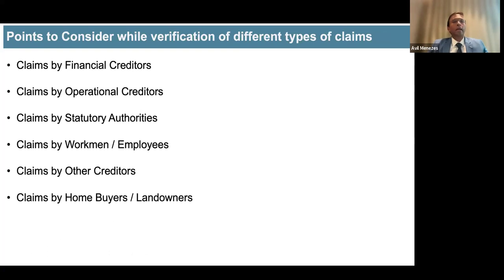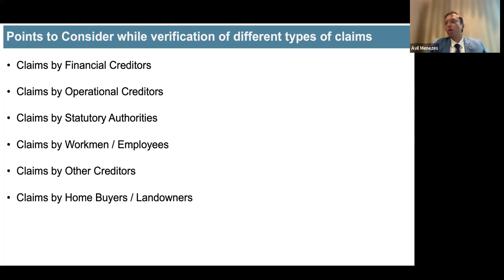So some points to consider. I think we've discussed financial creditors. Largely, financial creditors' claims are almost the same. If you verify 10, 15, 20, you largely have similar things. What is very important in a financial creditor claim is to establish time value of money. If it is not a bank, then the issue of time value will come, because in all the cases where banks or financial institutions are lending, it will be against interest. So wherever it comes to ICDs, intercorporate deposits, if there is no clause for interest, then obviously it is not a financial claim. If it is not a financial claim, then it is another debt.